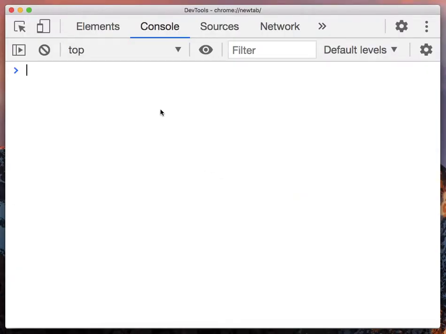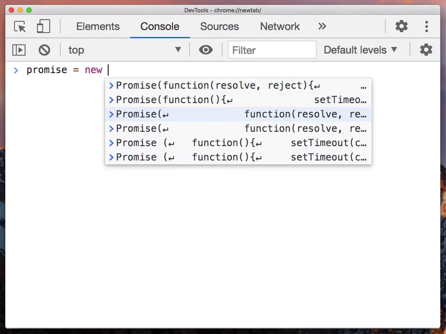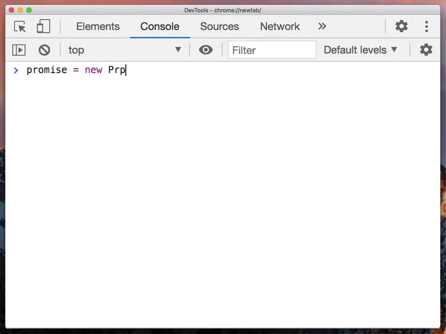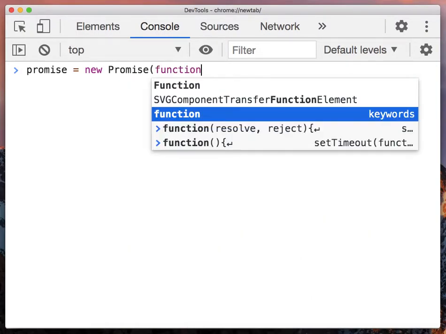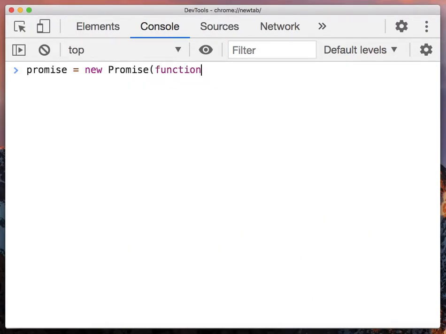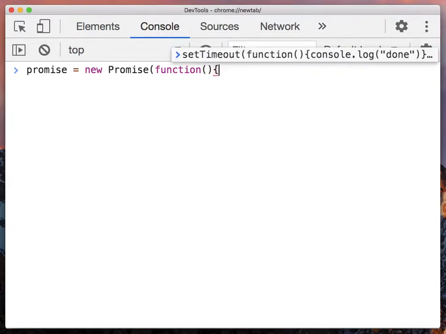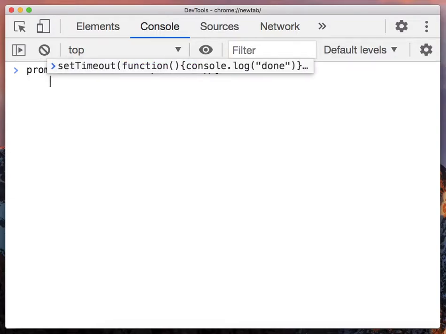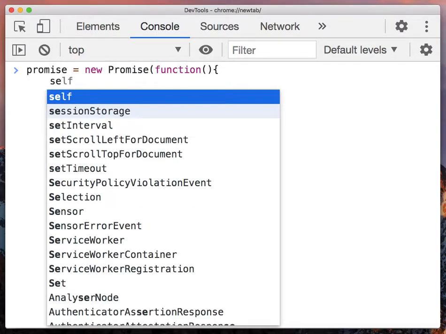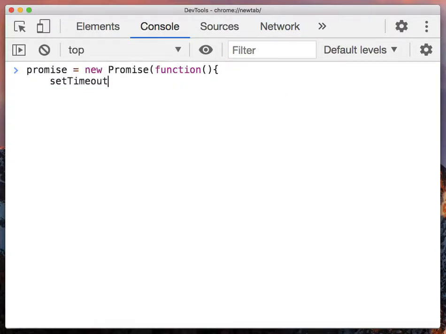Very simply, we can define a promise by saying new Promise, right? And we can define a function. Inside the promise we define the function which is also called the executor function, and this is the function which has the async function, right? So inside the function we say setTimeout, and in the setTimeout we can define a callback. In setTimeout we pass the callback, which is the function which will be executed after the time we give. Very simply we are saying,